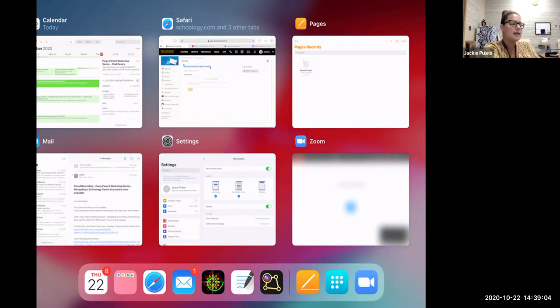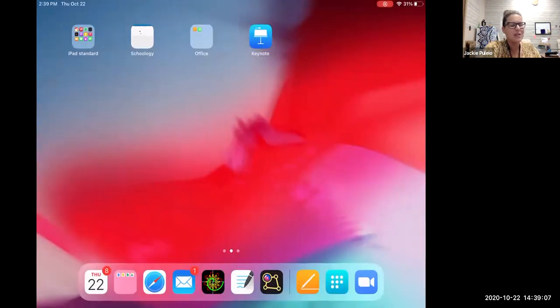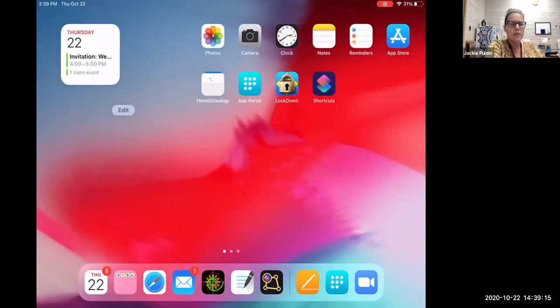All right. So now the next thing is, one of the pieces of feedback that came back was that the Schoology app doesn't have everything that it does if you were to access it on a desktop. While a lot of the programs are mimicking the desktop app, it's just a slightly different version. In terms of Schoology, sometimes it's a little bit more simplified than what you need. So one of the things I always recommend to students is that the Schoology app is important because that's where you get your notifications from, so the kids can see, like, oh, Miss Resig or Miss Palayo posted an assignment. But in terms of accessing all the features, a great option for you, and this is also kind of a tip, is